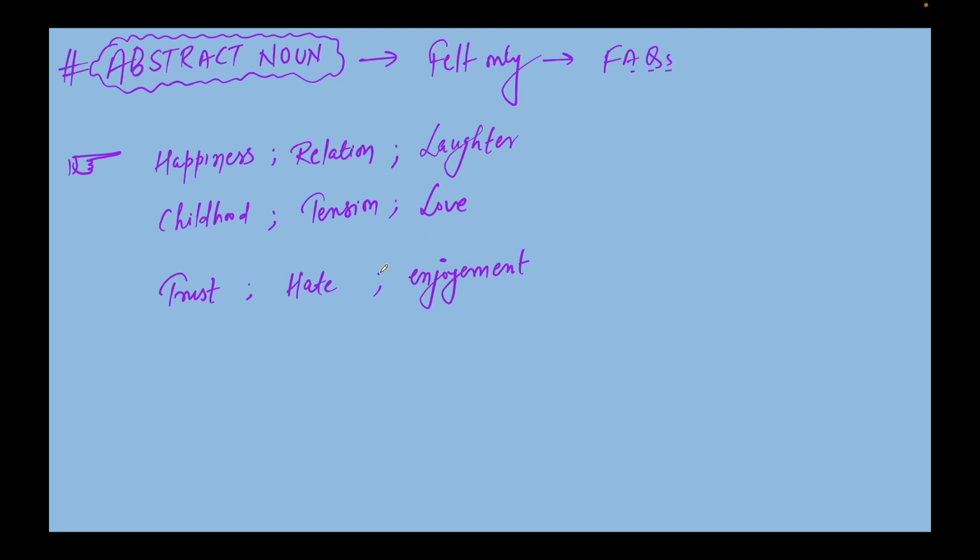So all these are examples of abstract noun because we can only feel them. It is happiness we can feel, relation, laughter, childhood, tension, love, trust, hate,